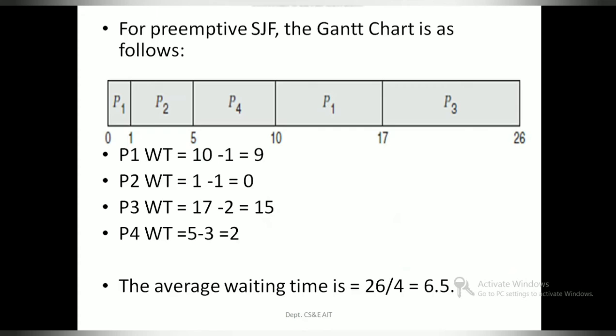Now calculating the waiting time is a little tricky when compared to the other scheduling processes that we saw. What are the things that we need to consider when calculating the waiting time? There are two factors that you have to consider: one is the arrival time and the other is the previous occurrence of the process. Now you can see here,